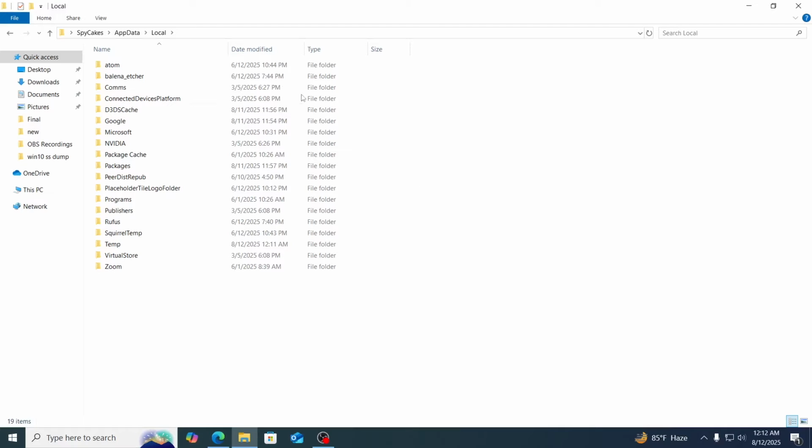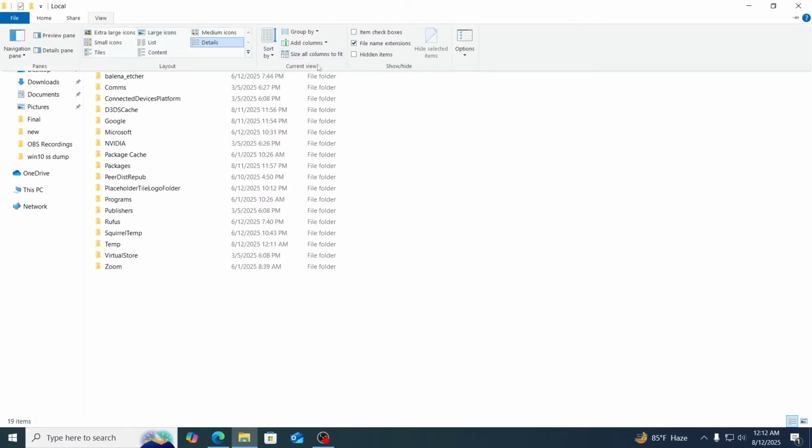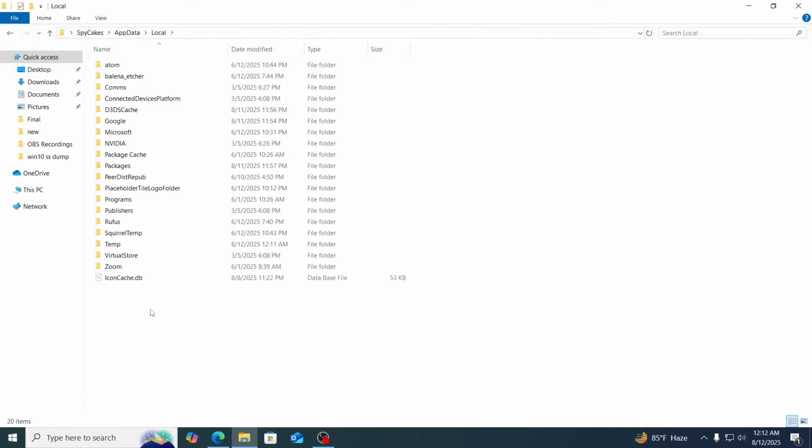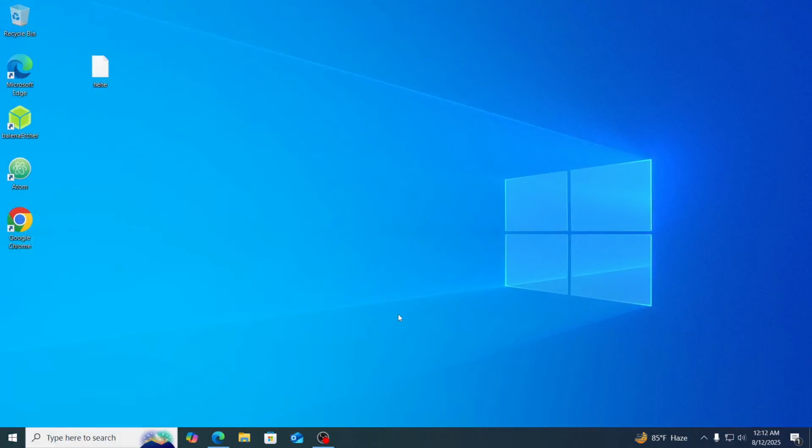And if you don't find icon cache here, just click on View. Then from here, click on Hidden Items. And then you'll see icon cache right over here. Just delete this file, click on yes. Then just close this. Then what you need to do is just go ahead and right click on your taskbar